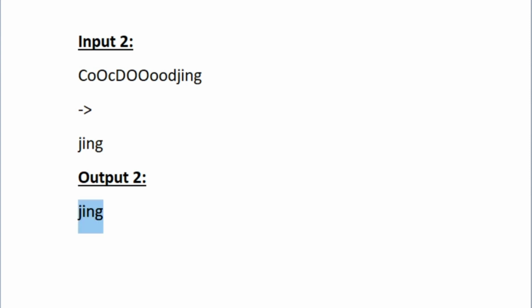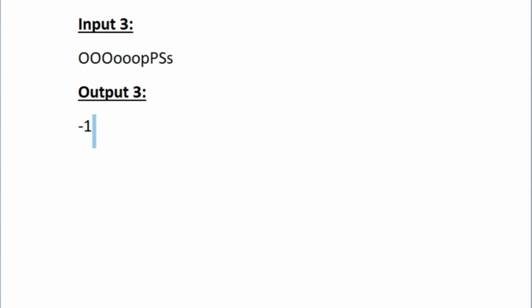Suppose while removing characters, if all the characters are removed and there are no more characters left in the input string, then our string would be null. So in those cases we have to print -1 as our output. So for example, let us see our sample input 3. So here while removing characters, all the characters will be removed and there will be no characters in our updated string. So in those cases we have to print -1.